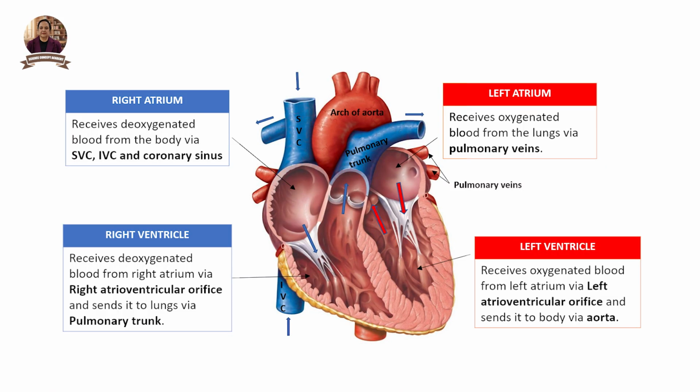The NCERT book says the right atrioventricular aperture is guarded by the tricuspid valve. But for NEET, you need an exam strategy. Let me show you smart answer writing and practice. We create simple patterns for you to remember. Right atrium to right ventricle, the valve has 3 flaps, tricuspid. Easy? Left atrium to left ventricle, the valve has 2 flaps, bicuspid or mitral valve.